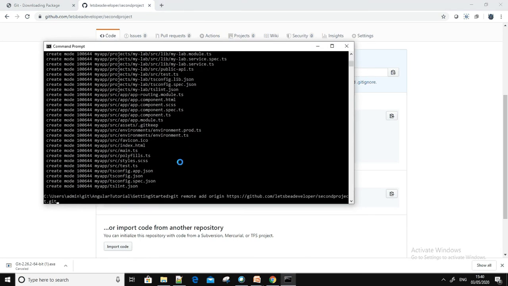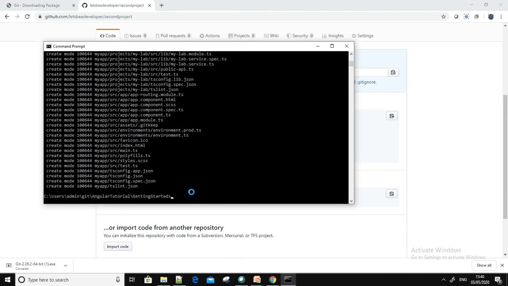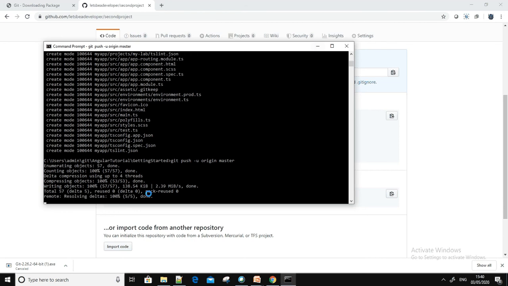Okay, this is not copied, so let me copy the command once again. Okay, it is copied. I'm just pushing my changes. Okay, it is done.